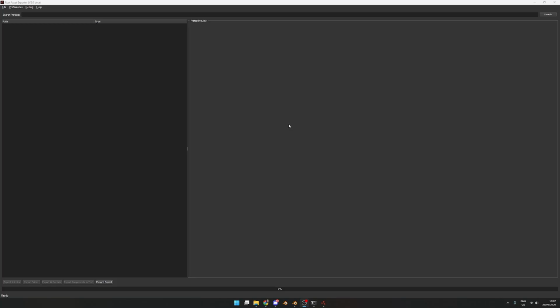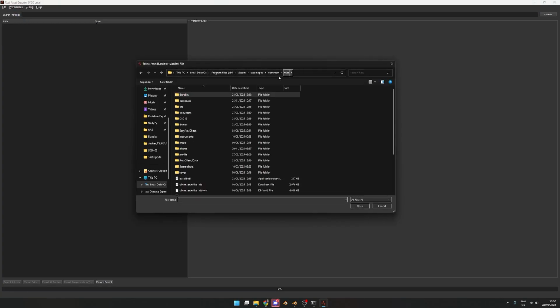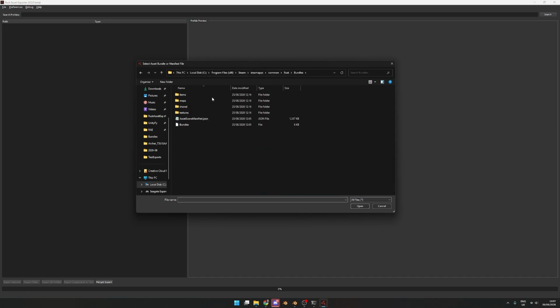To get started, all you've got to do is File, Load File, and navigate to wherever Rust is installed. Mine's under Steam, so I'm going to go for Steam, Rust. I can go to Bundles and locate the file called bundles. This is the manifest file. So we'll load that. It will take a minute to generate the type tree, and then you'll see a pop-up